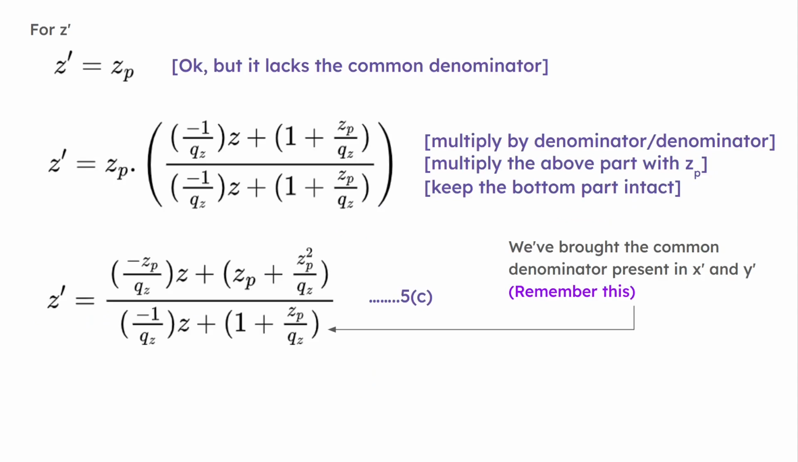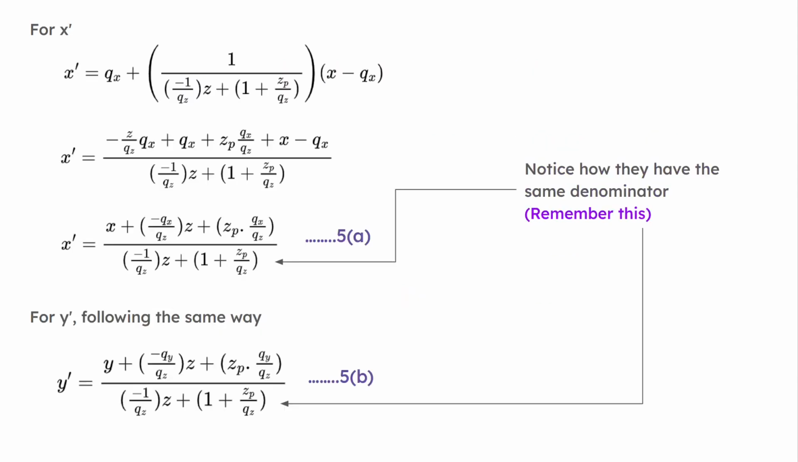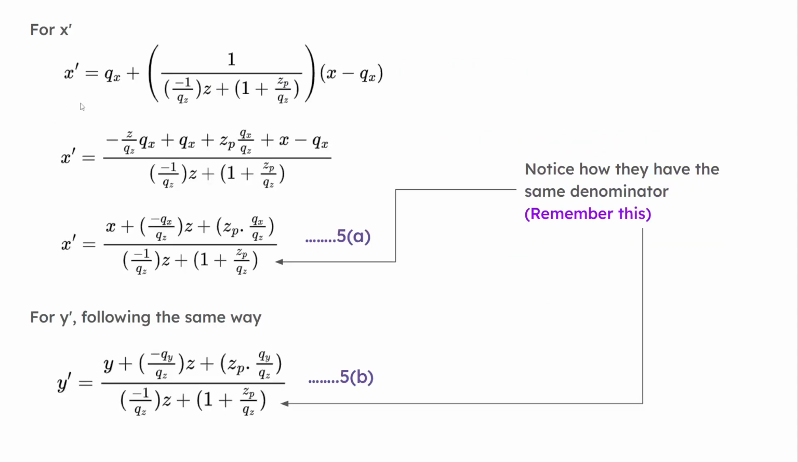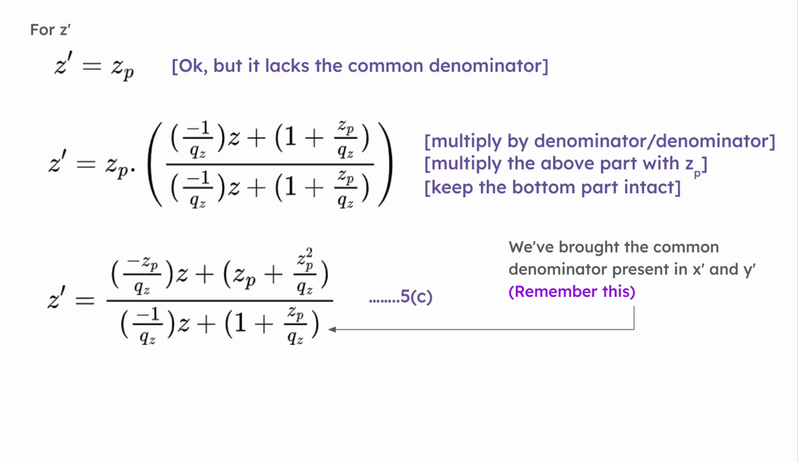So before we do that, let's focus again on our z prime equation. From previously, we know that z prime equals zp. So why are we placing a common denominator? We were placing a common denominator to simplify our process of matrix building. But in case of z prime, there is no common denominator, unlike x prime and y prime. So we need to forcefully bring this denominator into this equation. So how can we do that? One way we can do that is